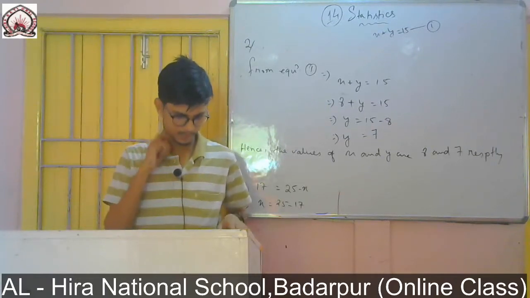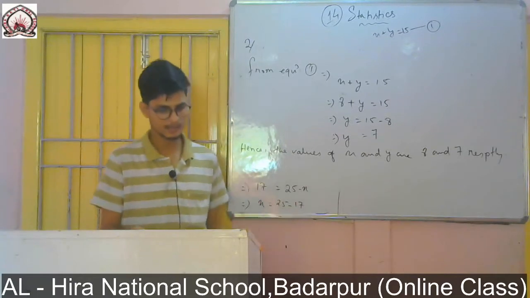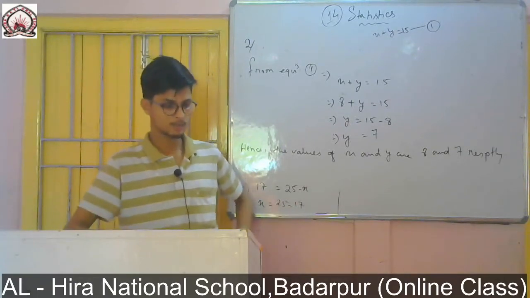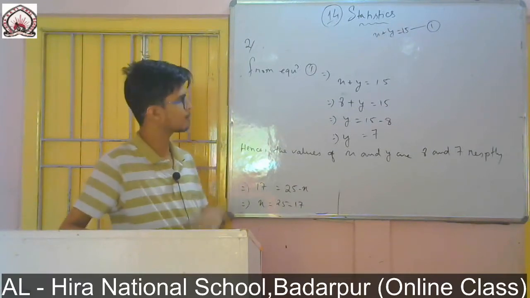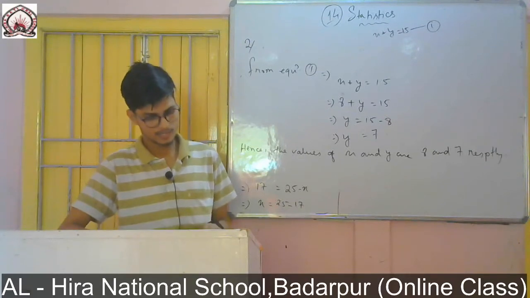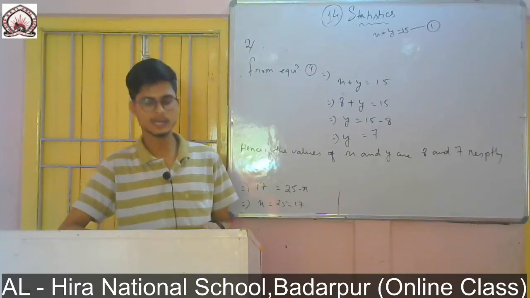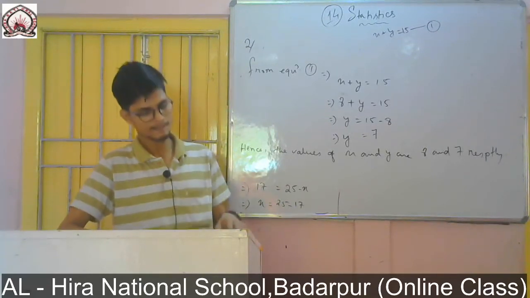So it is a very important sum. In the last class I have left exercise example number 8, which was on page number 284. So you take out page number 284. Same like this one, you will find the question. Here you see the median of the following data is given. You have to find the value of x and y, and frequency also given. Total frequency it is given.